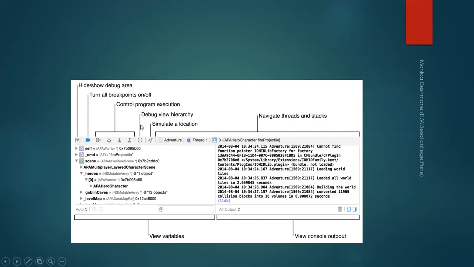Then the debug view, where we can set the simulator. Then information regarding threads: we can navigate a particular thread, or the currently running thread is shown over here. Here is the console to show the output, and here are the state variables, or view variables, showing the state of variables whenever the application is in running mode.